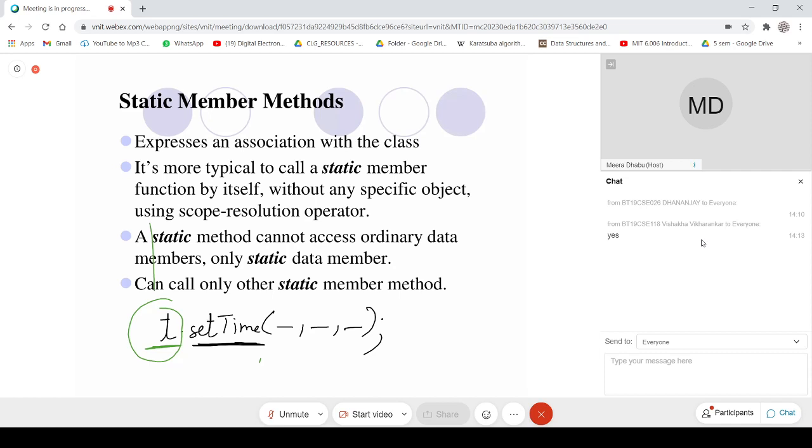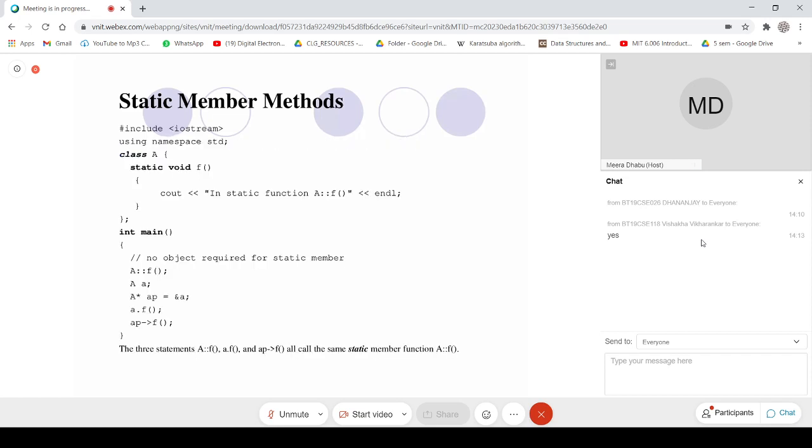Okay, so this is an example of a static member method. If you look at this, inside the class A, void f is made static. F is a static method, but it's a member method.